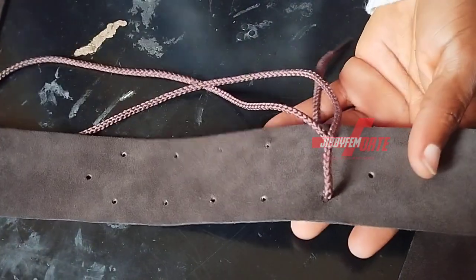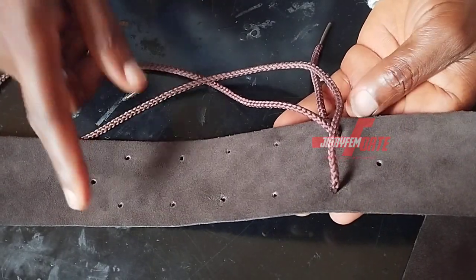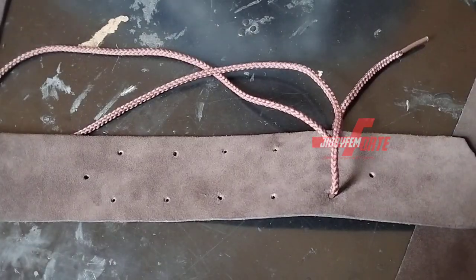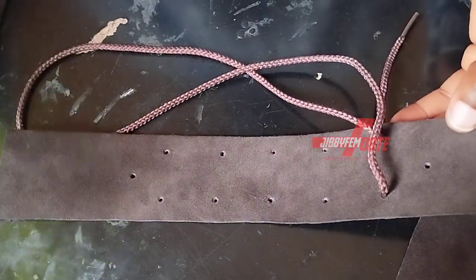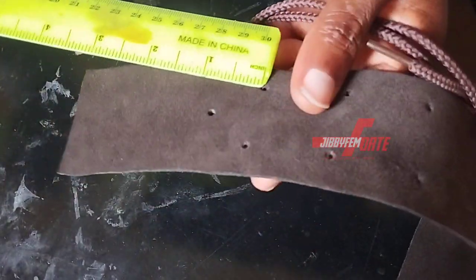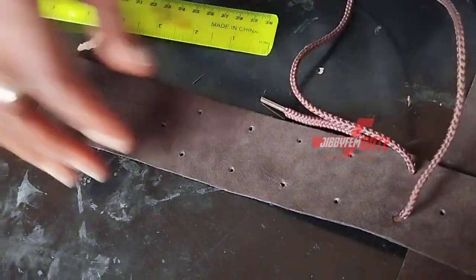Now, at the time I was punching it, the interval between each of them, I used 3 centimeter as the interval between each of them. From here to here, I used 3 centimeter. That's what I did for each and every one of them. So I made sure that at least from this side, now considering the shoe last,